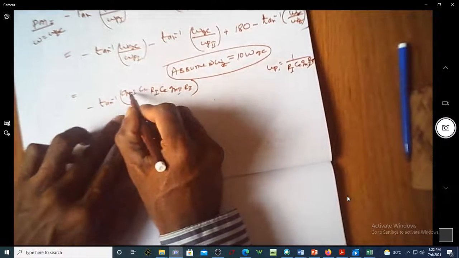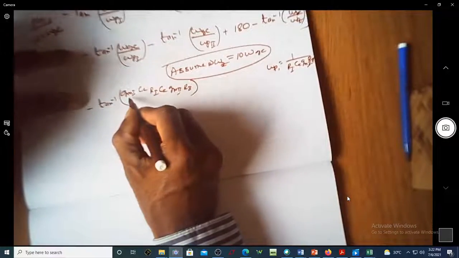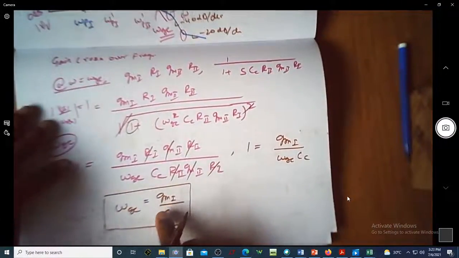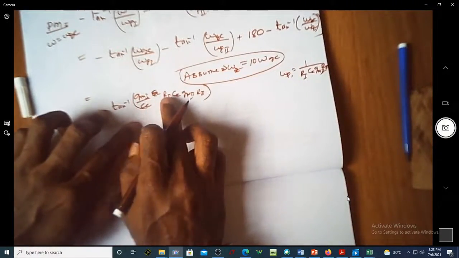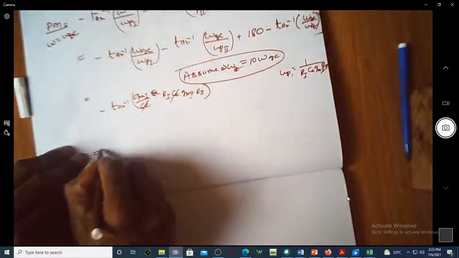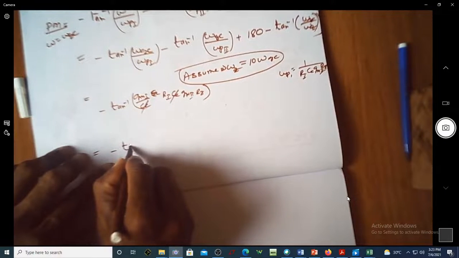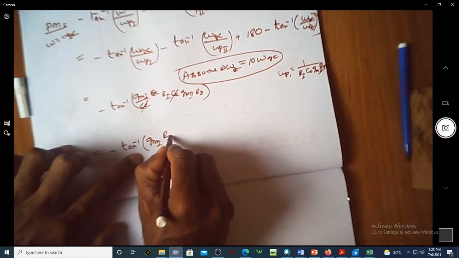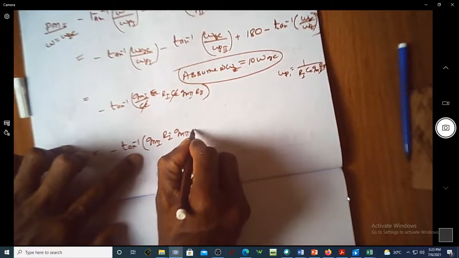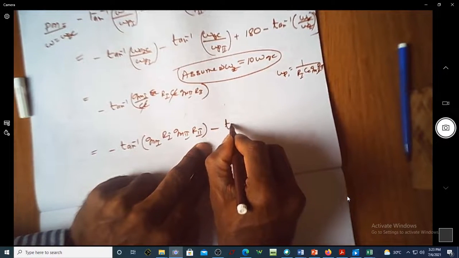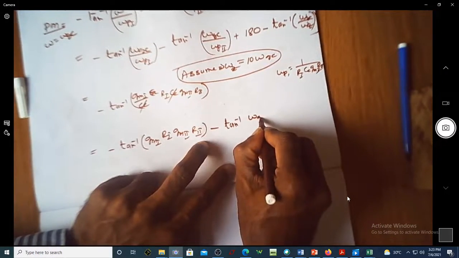Of course this is actually gm1 by Cc, gm1 by Cc. If you can see here, this is gm1, omega gc is gm1 by Cc, so that I can write it as gm1 by Cc multiplied by this. So this will go with this, so you end up with the first term. Let me just complete the first term. It is minus tan inverse of gm1 r1 gm2 r2 minus, let me write it as tan inverse of omega gc by omega